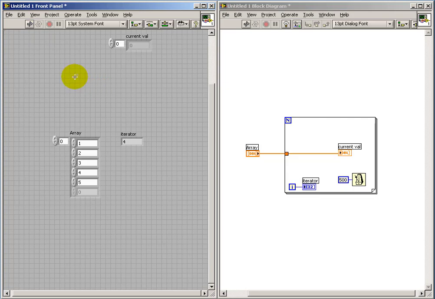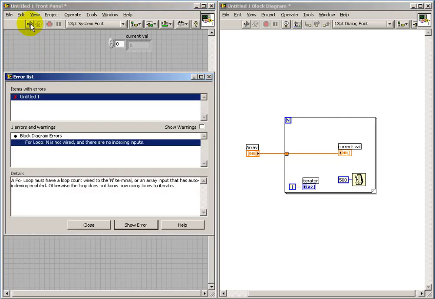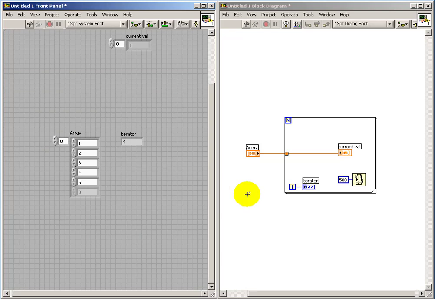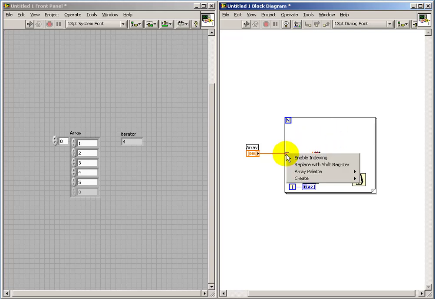Notice that the run arrow is indicating a broken VI at the moment, and for the reason it says that there is nothing to indicate the number of times that the loop should run. So we simply pass the value in here, and we would actually need to wire up something to the loop count in order for the loop to operate. So I'm going to send this back to indexing enabled,